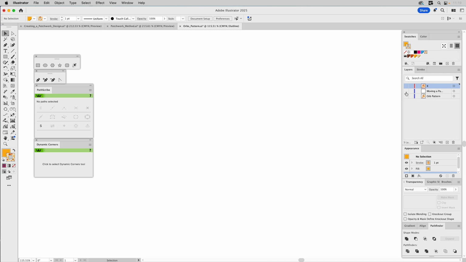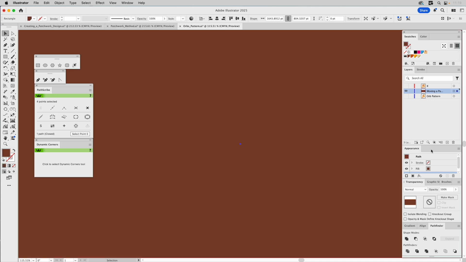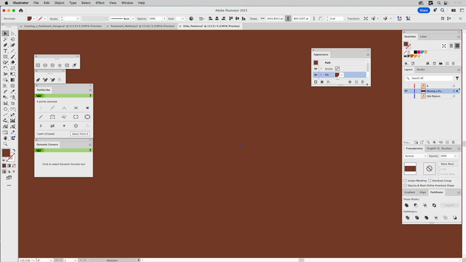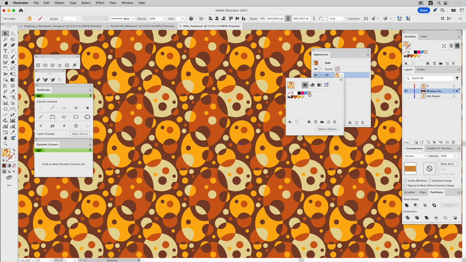We'll turn off this layer, turn on this layer. I'm going to select it, and on this layer, I want this to be a dark brown, like that. If we go to the Appearance panel, you see we have that fill color. We're going to add another fill in the Option menu, Add New Fill. It'll just duplicate the previous fill. So we'll take the top one and we'll fill it with the pattern. And now we got a really cool pattern